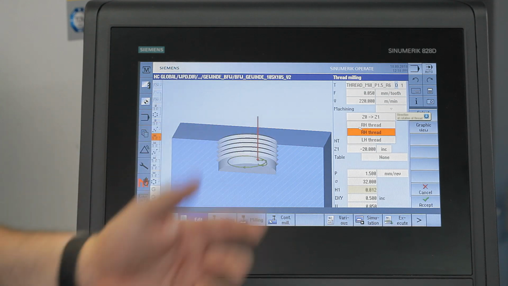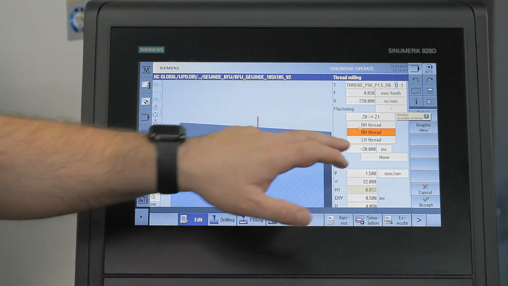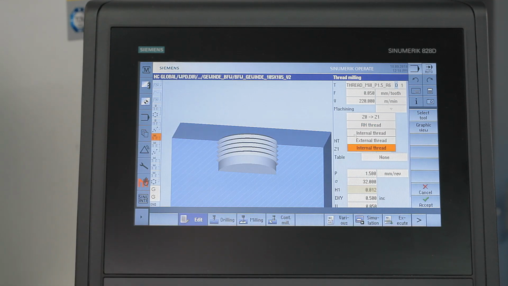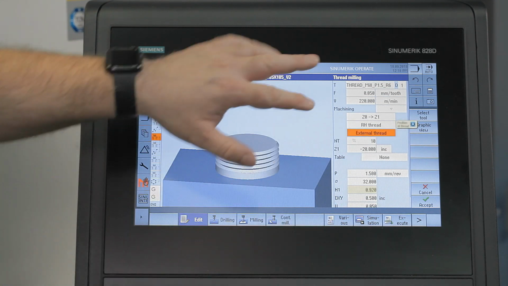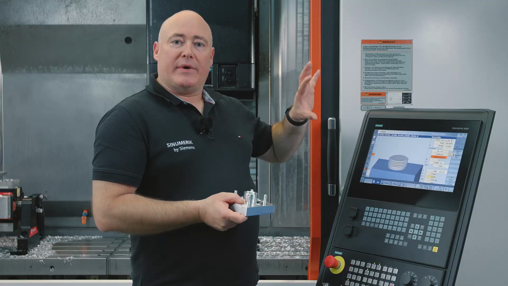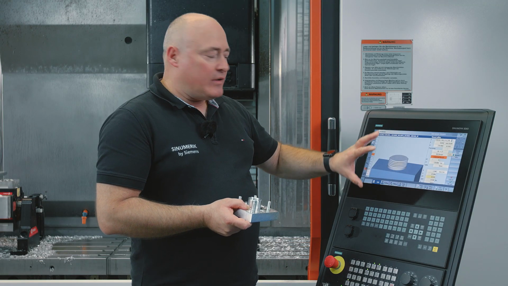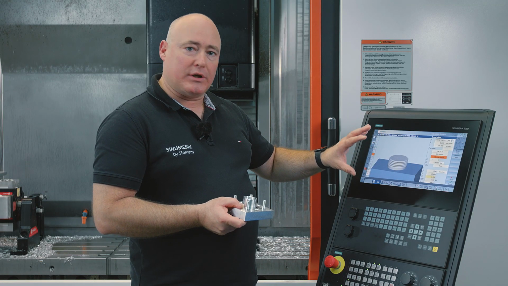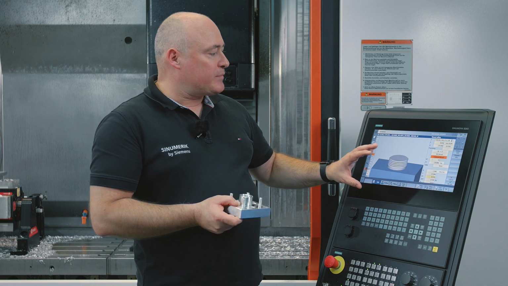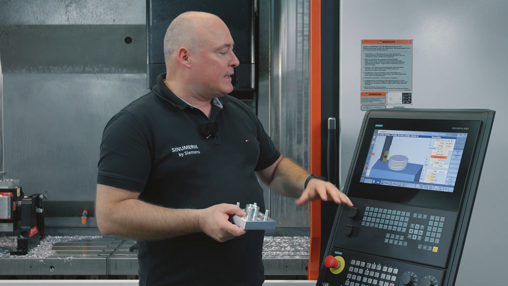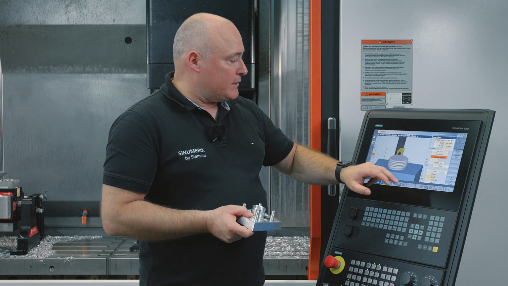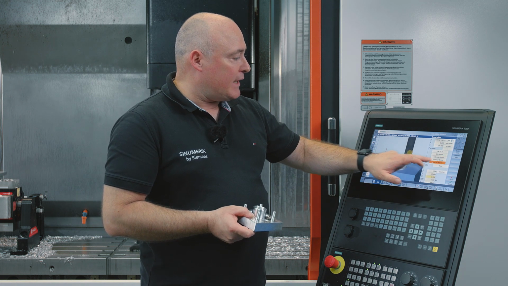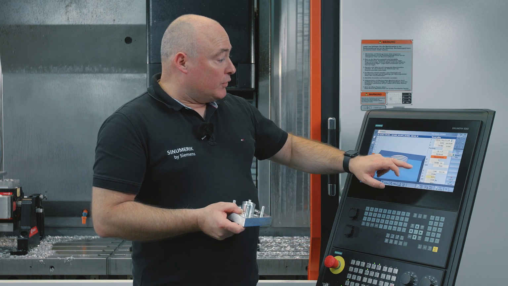Of course, we also have the option here as to whether the machining setting should entail a left-hand or right-hand thread and, significantly, female or male thread. All three of these variants are incorporated in a single cycle. Multiple cycles are not required. There are so many options included in one thread milling cycle that a single cycle is more than adequate for all selections. In this case, quite clearly a female thread.